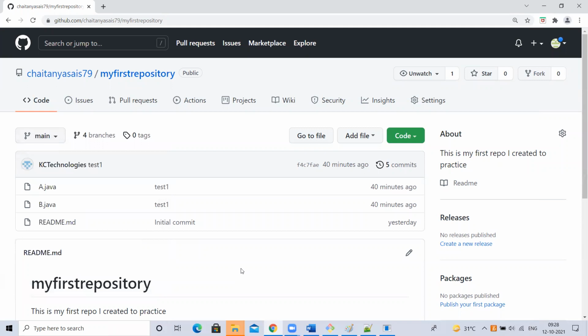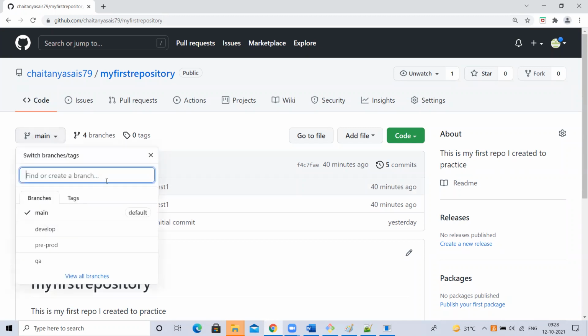What if a new person comes and clones the repository? By default, his current connected branch will be the main branch. He is not aware that he has to switch to the development branch. Directly he'll make the changes and commit into the main branch. That's it. Production environment will be gone.